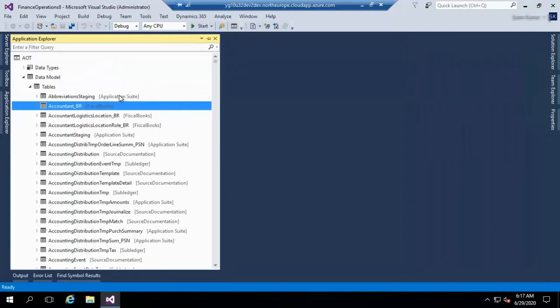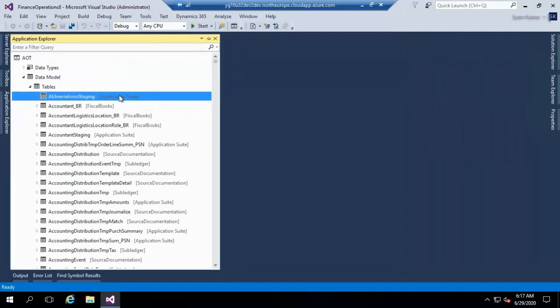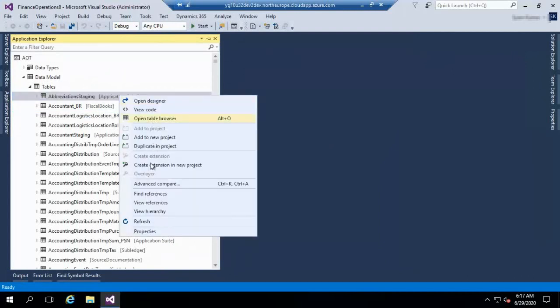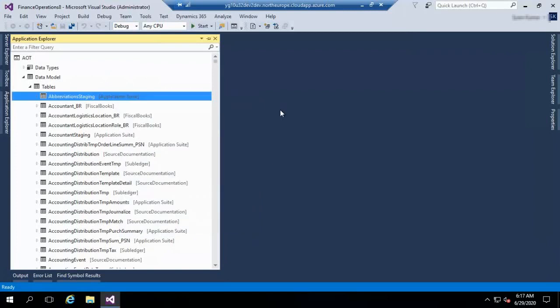And coming to the application suite, right click. See here, create extension is disabled because in referenced packages we didn't mention the application suite. Okay. If you want to create an extension for this application suite model, what we have to do is, we no need to create a new model again.